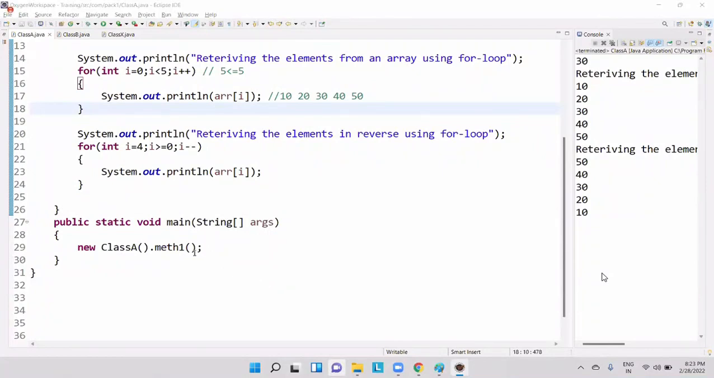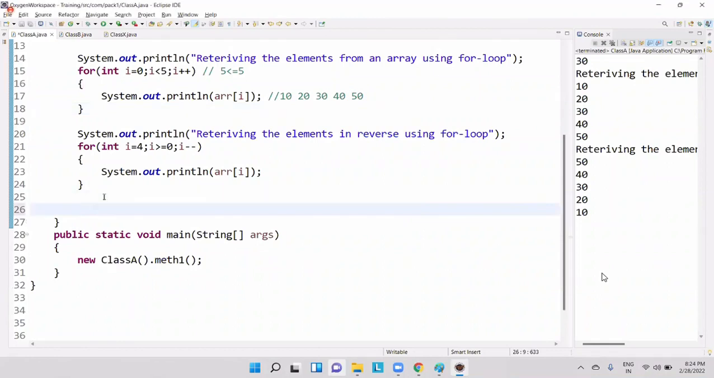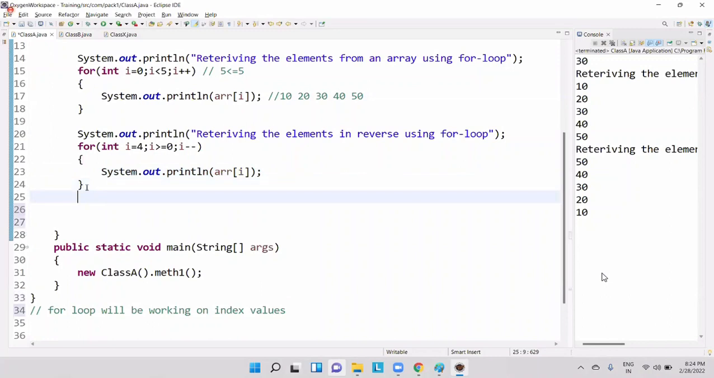Okay. Now guys, for loop will be working on index values. For loop, when dealing with, okay, simply I'll be writing like this: for loop will be working on index values. Am I right or wrong, guys? Index values, yes, it is. Of course, it is working on index values, right? Okay, now let us try to implement